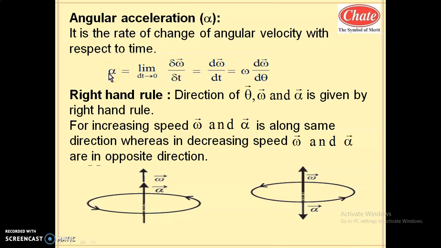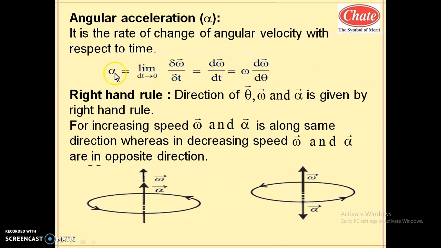So when the fan is switched on, initially it is accelerated motion. Whenever it attains a constant speed, it has 0 angular acceleration, and when the fan is switched off, it is a case of retardation. Without limit, whenever the time is sufficient, it will be written as d omega by dt. Here multiply by d theta in numerator and denominator, and we get this expression. d theta by dt is omega, and the remaining term is d omega by d theta.